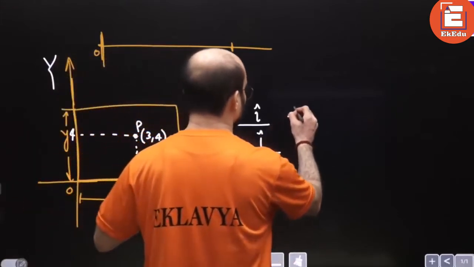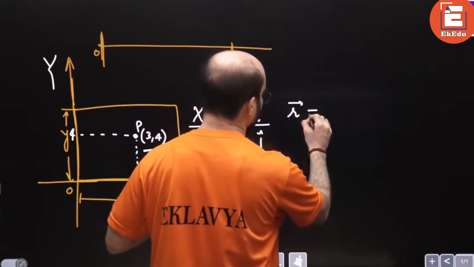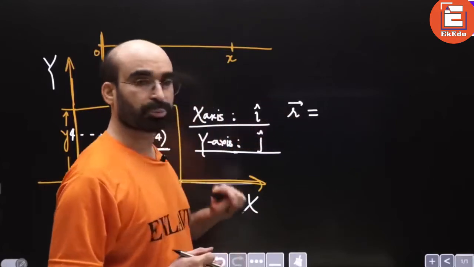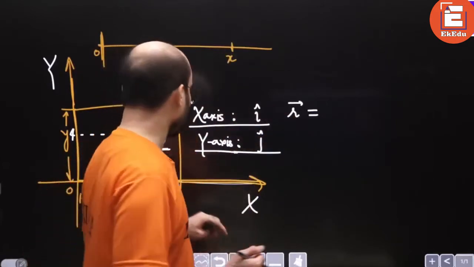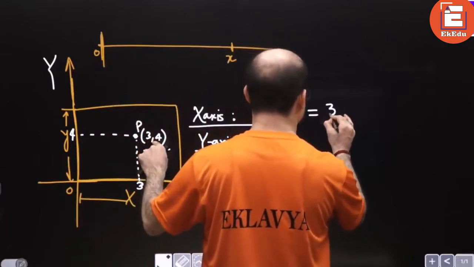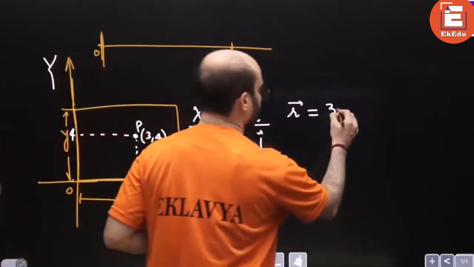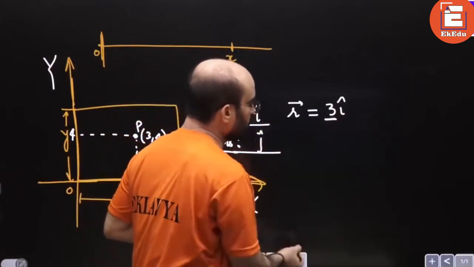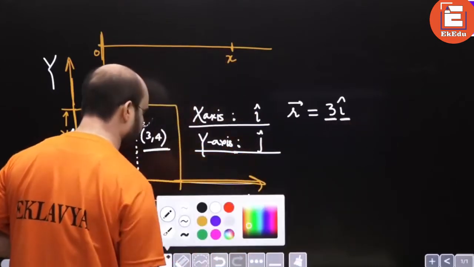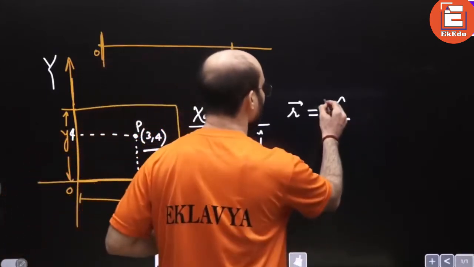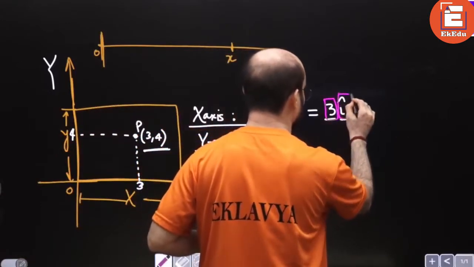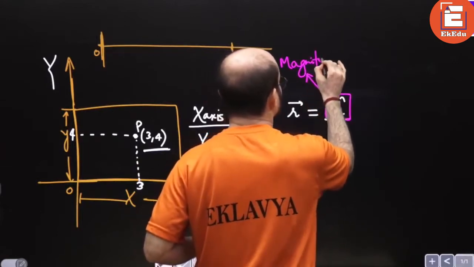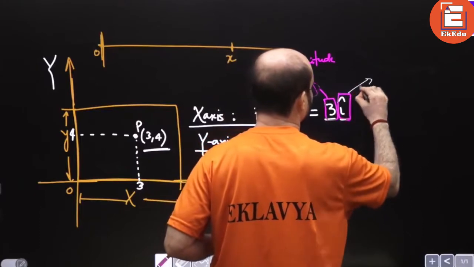Now talk about the position vector. We say this is position vector. We'll talk about this vector later. First of all, position. Position is expressed, here you were saying this coordinate, just have a look. 3 along x-axis. So 3 into I cap. So this represents the magnitude and this represents the direction. This is very, very significant here. This is magnitude and this is direction.